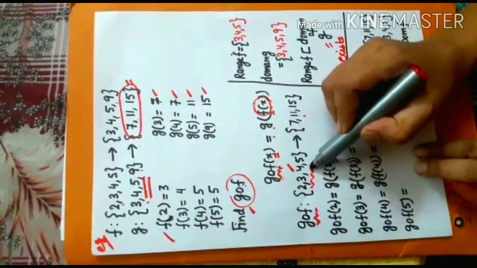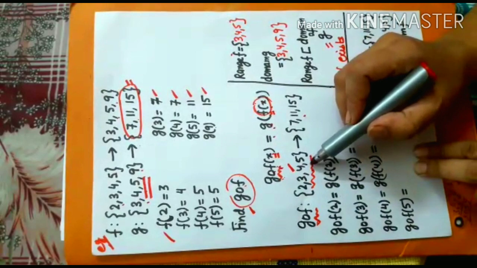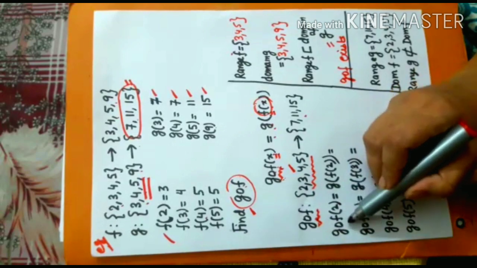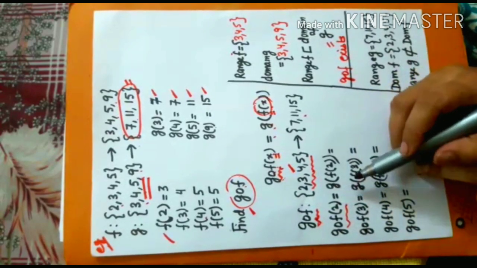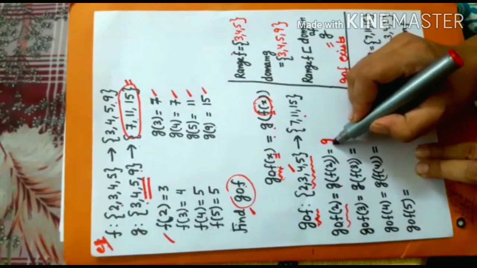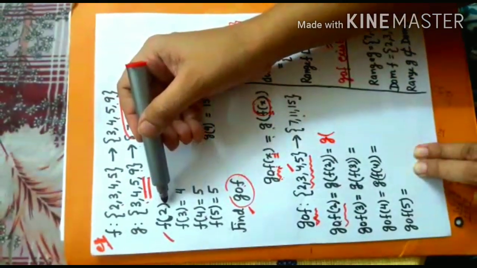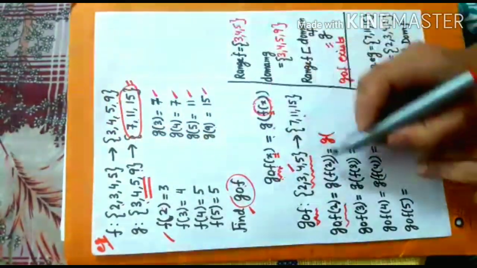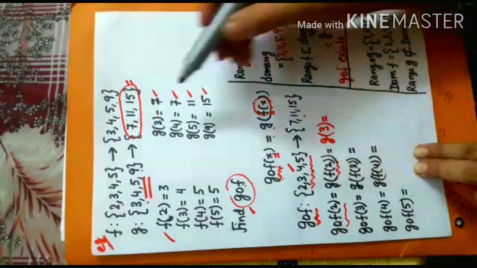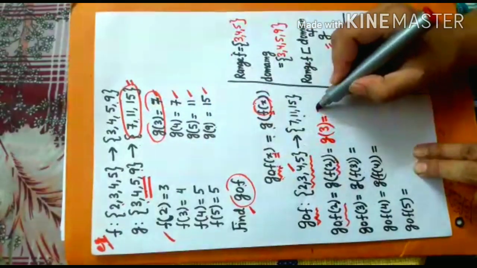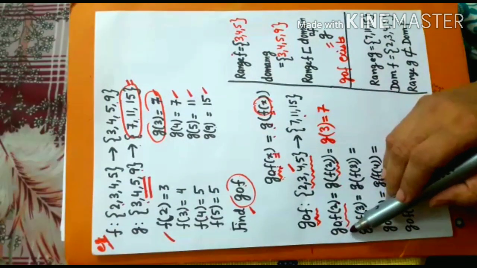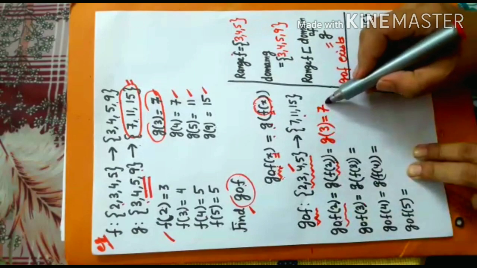So domain of this composition function is this set. So first element is 2. So under this function, image of 2 will be denoted by this, and this is equal to g of f(2). Now this is g. According to the definition of the function f, f(2) is 3. So f(2) is 3, and this is equal to, yes, g(3) is equal to 7. So that means that under the composition function GOF, image of 2 is 7.